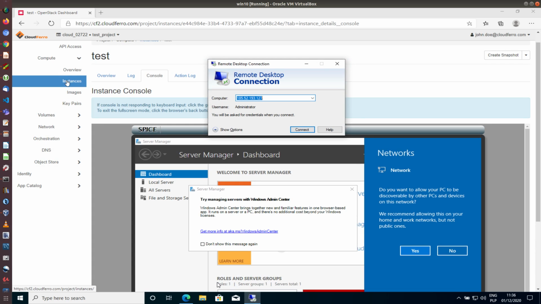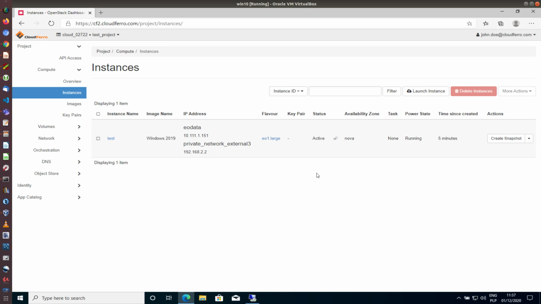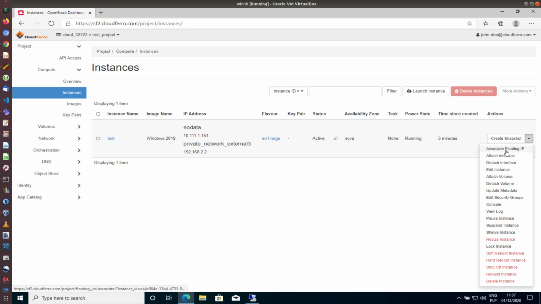The instance does not have an IP address attached, so I have to go to instances first. And attach floating IP. So on the right, on the menu, I click on Associate Floating IP,